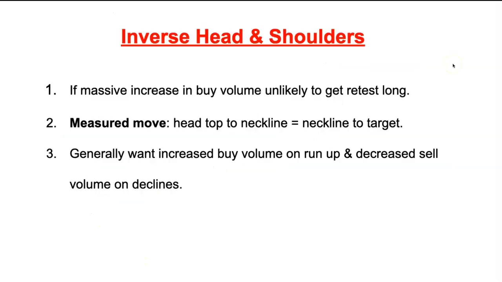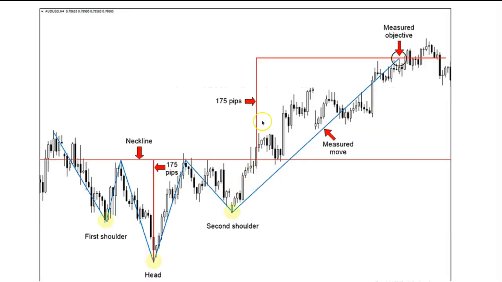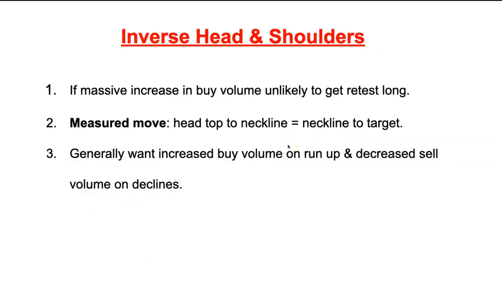With inverse head and shoulders, if there's a massive increase in buy volume, so in this context, for example, once this breakout happens, often you might get a retest to enter, and you might put the stop loss below the second shoulder. But there's never any guarantees. And if the breakout happens at high volume, then it might just shoot straight past. And in terms of measured move, the top of the head to the neckline roughly equals the neckline to the